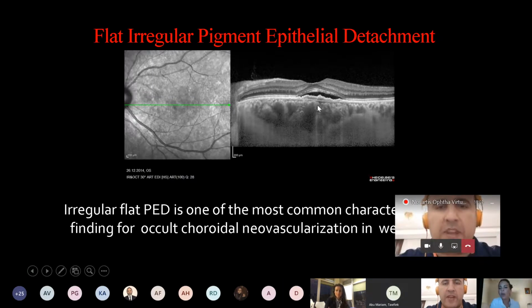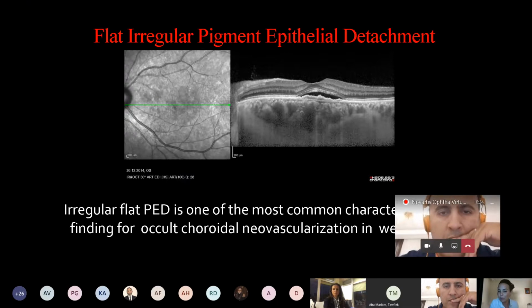Yes, doctor. Okay. For example, one of them is RPE abnormalities on this area, which was called pachychoroid pigment epitheliopathy. But more important, people noticed flat irregular pigment epithelial detachments in thick choroid patients characterized by the double layer sign. One of them is Bruch membrane, the other one is the RPE layer, and a very shallow pigment epithelial detachment with some internal hyperreflectivity. And we already know that this irregular PED is one of the most common characteristics for occult choroidal neovascularization in AMD cases.